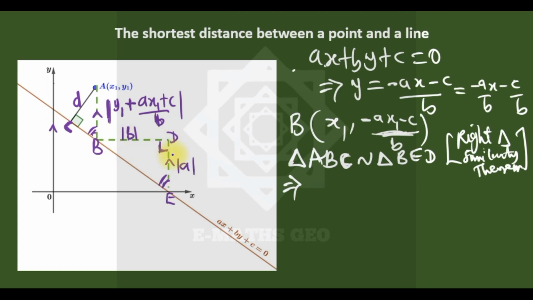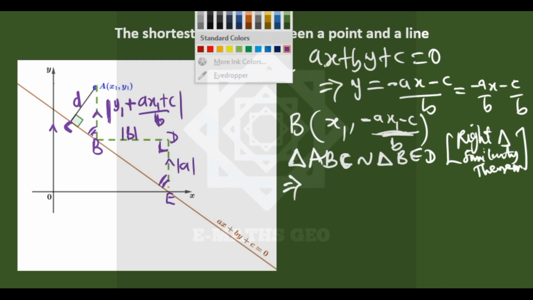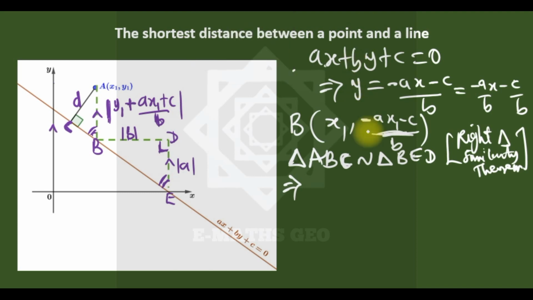That's AC corresponds to BD, so D over BD, which is absolute B, is equal to the hypotenuse here is absolute